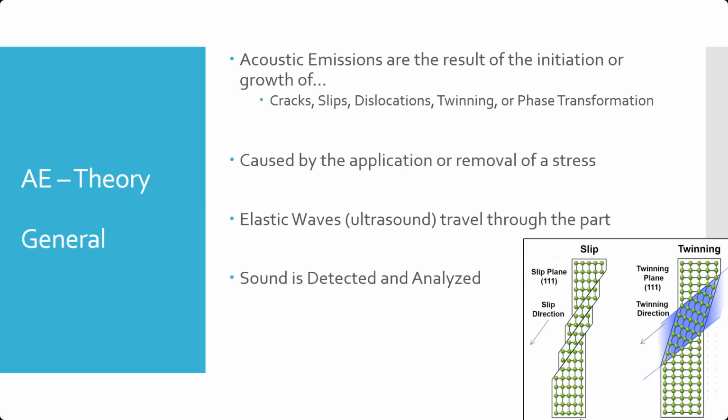So that theory, that definition: acoustic emissions are the result of the initiation or growth of things that we can find, like cracks, slips, and dislocations. Cracks and slips we've seen. A slip is kind of like a shear plane. Twinning is like the twisting or bending of a material. It's often the result of a torsional force. And then phase transformation,